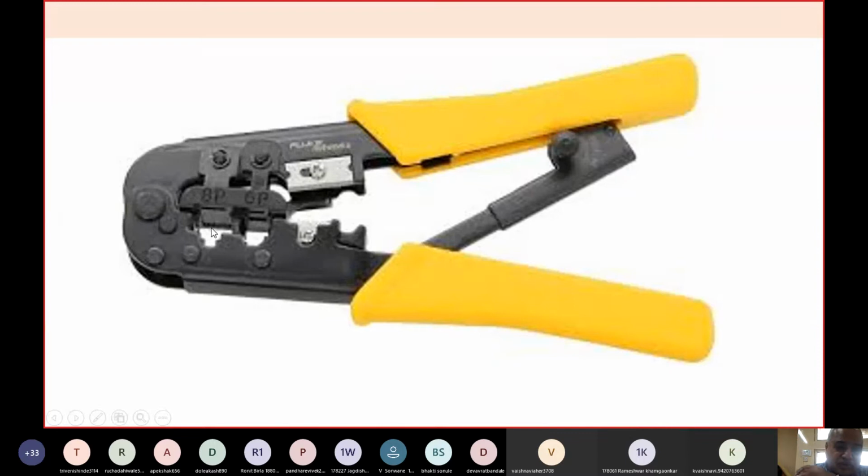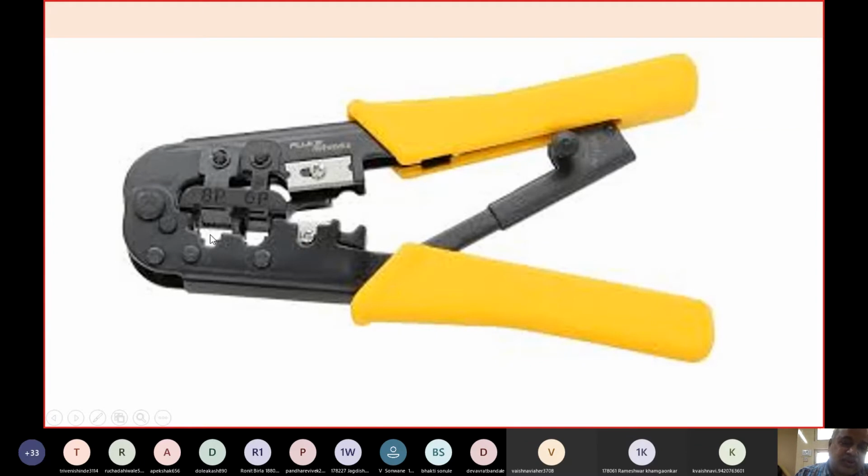Now you can put the cables into the RJ45 connector, and once you press this RJ45 connector, it is automatically crimped. That means the wires are connected to the gold contacts of the RJ45, and the connections are ready. This is an 8 pin connection. This is also a 6 pin connection. That means you can use it for RJ11, which is the telephone connector. The RJ45 connector, as we said, is normally used for networking cables.